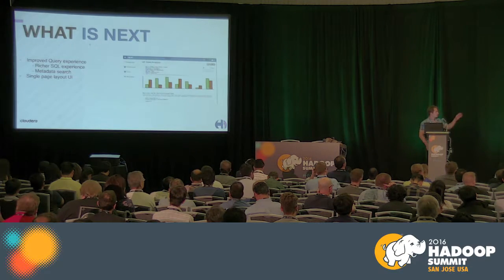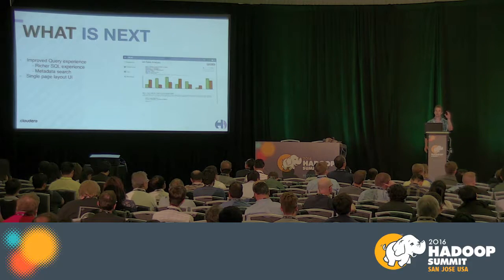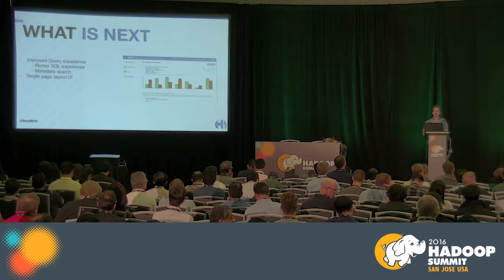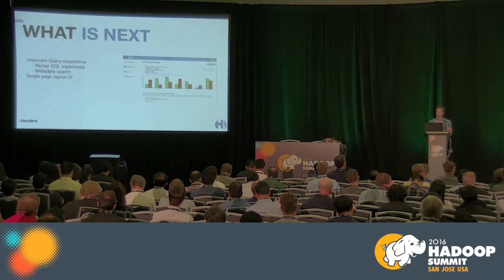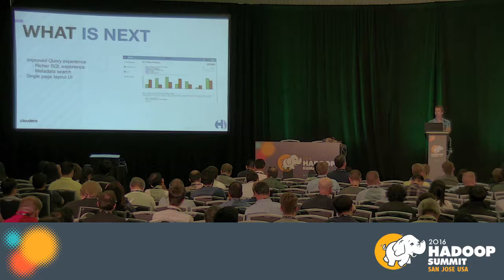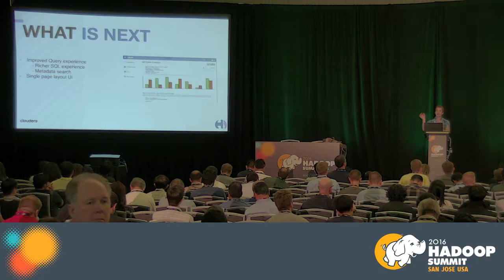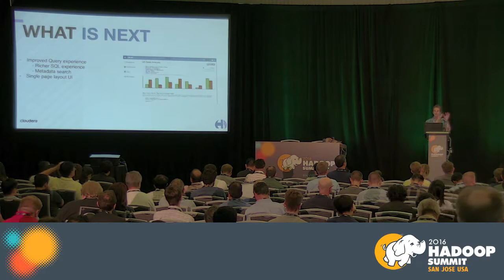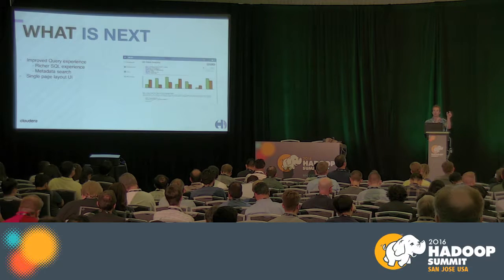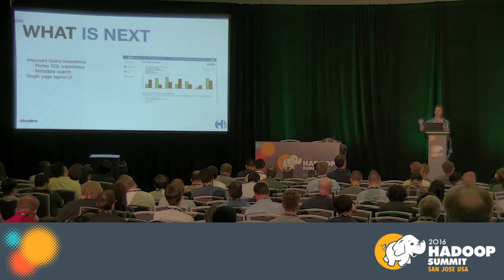So what's coming up next? We have a second version of the editor coming up with a much smarter autocomplete. It will do values. It will help you on the joins. It will even warn you when you are trying to write a bad query. It's also difficult to search all your data. So we are improving the search. That way, if you are tagging a certain table, like audit 2016, instead of just searching like me at the beginning on the table name, it will search across all your tables and databases.